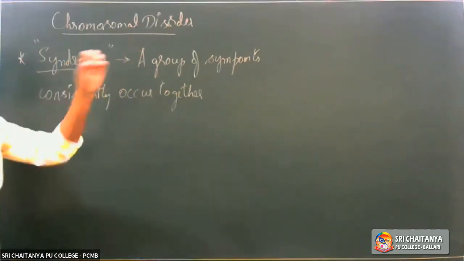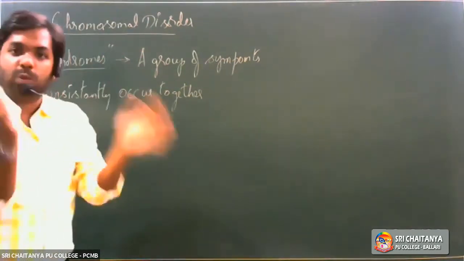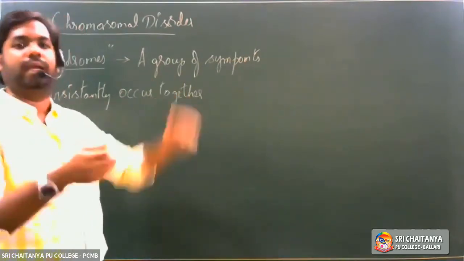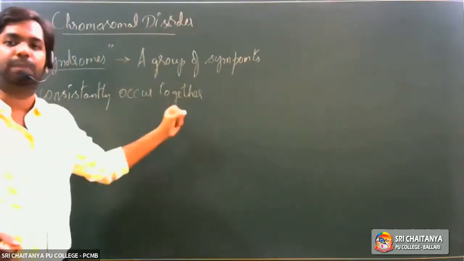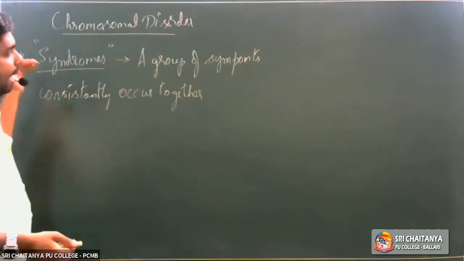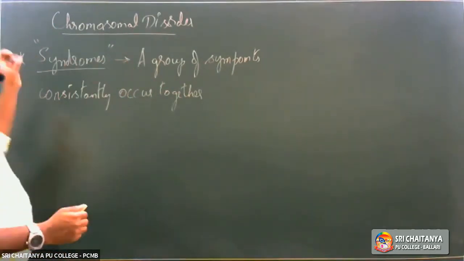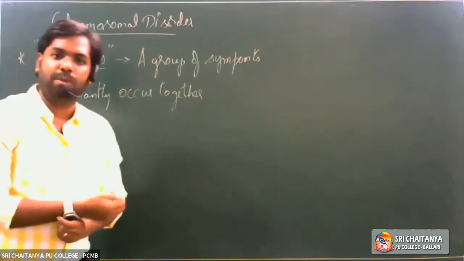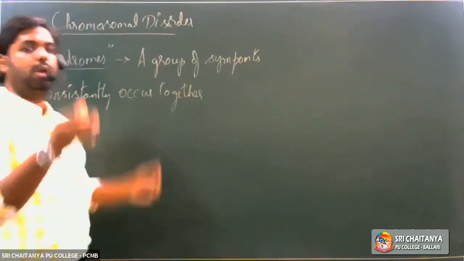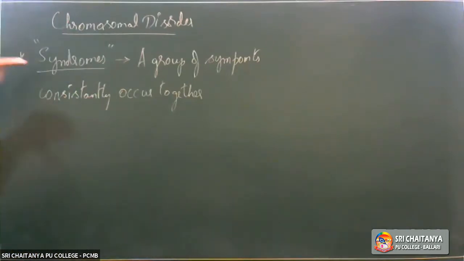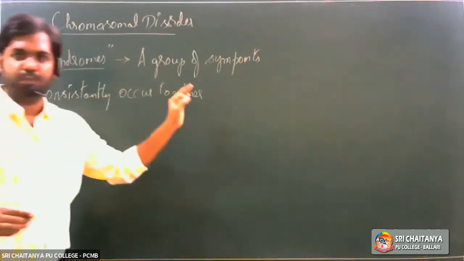So not just one symptom is seen. There is a group of symptoms which are seen together in these sorts of conditions. When we take a few examples, you'll get a clear picture of why we call it a syndrome. Almost all of the chromosomal disorders, we start calling them syndromes. That is the first thing you need to remember. The next thing you need to remember is most of the chromosomal disorders